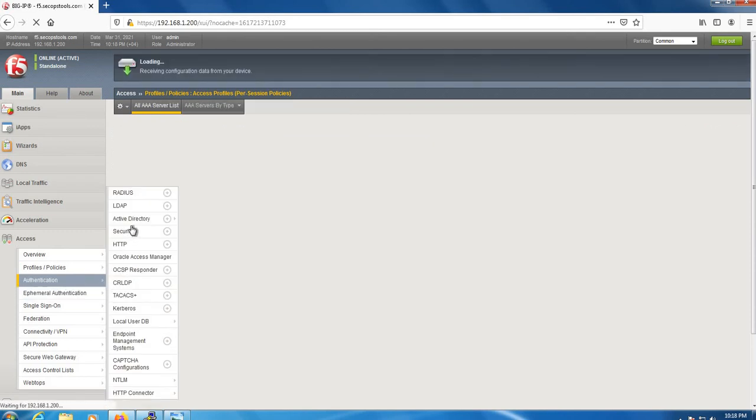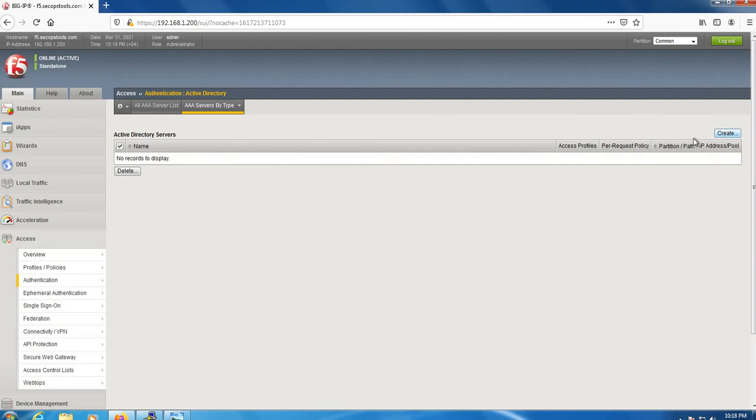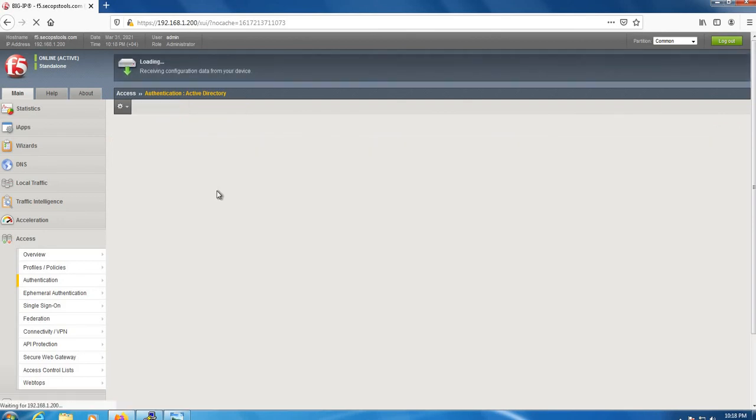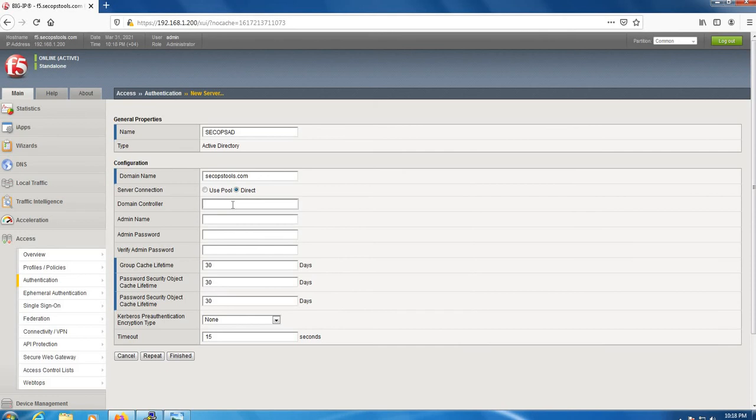Go to Authentication, Active Directory, and click create. We'll name it secops.ad. The domain name is secopstools.com. We don't have any pool, so we'll give the direct IP; the domain controller is 1.21.